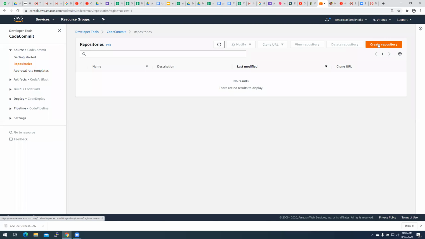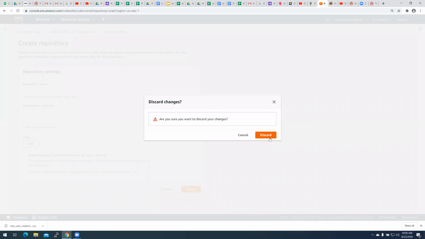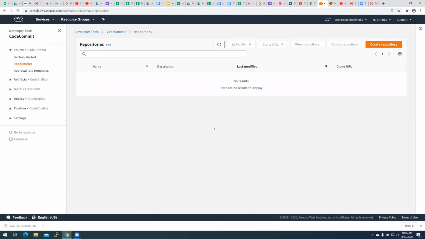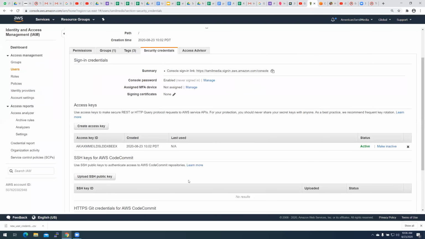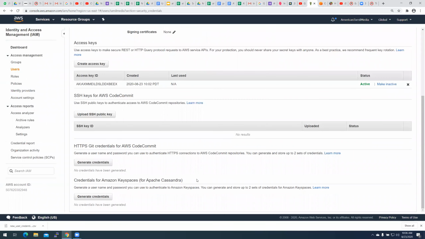You can create a new repository, and you can create directory structure on that, or branches they call it, right? If anybody has worked on any version control systems, you create your own branches in it and then upload those. So this is basically a code repository, and to access that you need to have separate SSH keys for that.